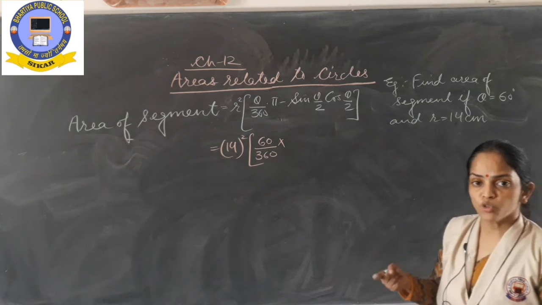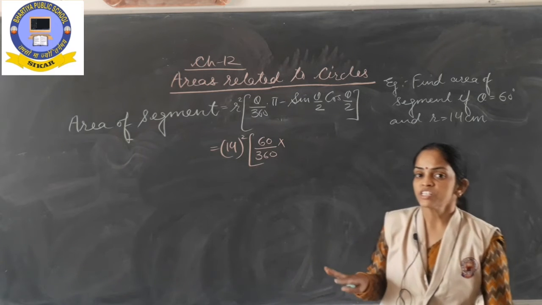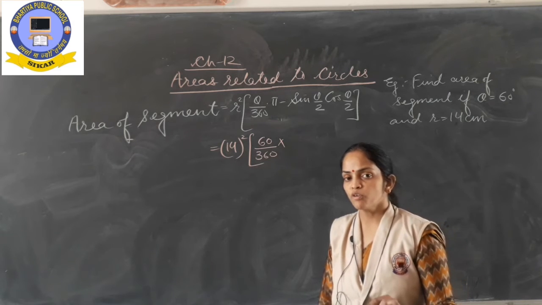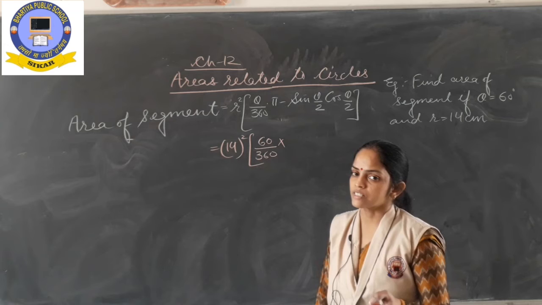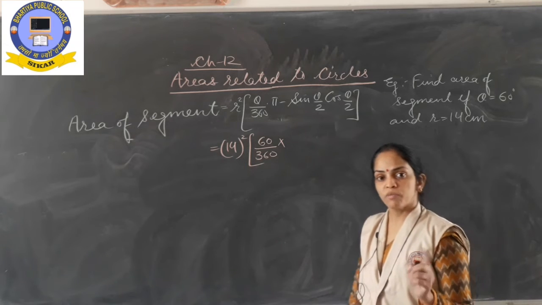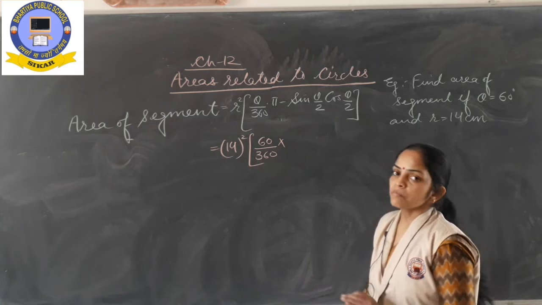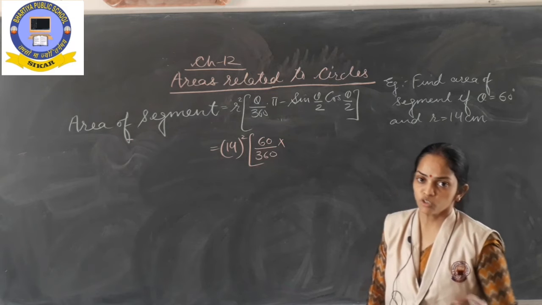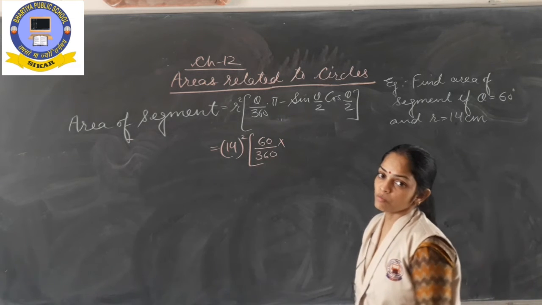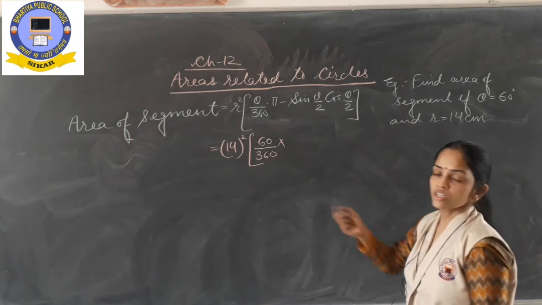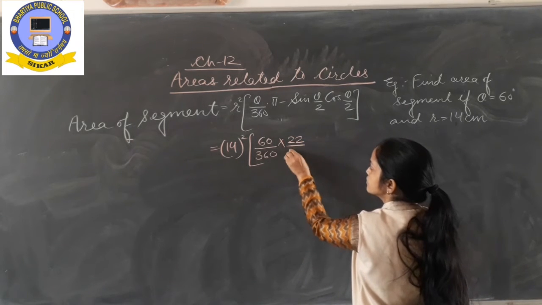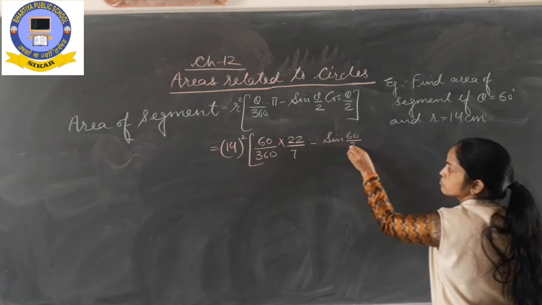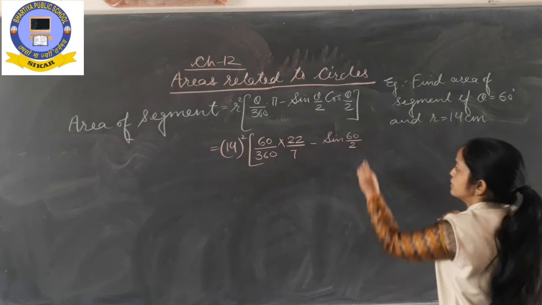Value of pi is 22 upon 7. But in some questions it may be given that the value of pi is 3.14. If the value of pi is given as 3.14, it means you have to put that value only. Okay? If the value of pi is mentioned as 3.14 in the question, then you have to put that. If you did not put that and by mistake put 22 by 7, then you will not get marks in that particular question. So please be very careful about it. Okay, in this example the value of pi is not given, so we will keep 22 upon 7, minus sin theta upon 2, theta is 60 upon 2, only that angle upon 2, multiply by cos 60 upon 2.